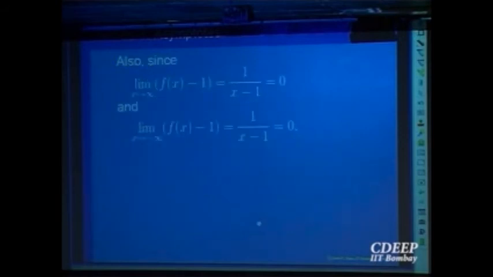And let's look at x goes to infinity, f(x) minus 1. So if you subtract, that is equal to 0, 1 over x minus 1, that limit as x goes to infinity. So that limit, it should be limit here. Okay, f(x) minus 1 is this value, and the limit of that as x goes to infinity is 0. So what does it indicate? Similarly, the other one, x goes to minus infinity. So what does it indicate?